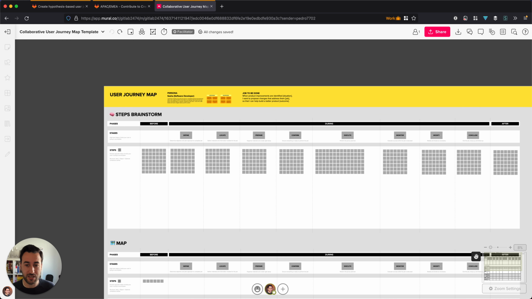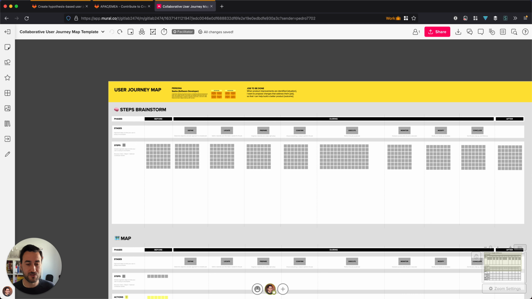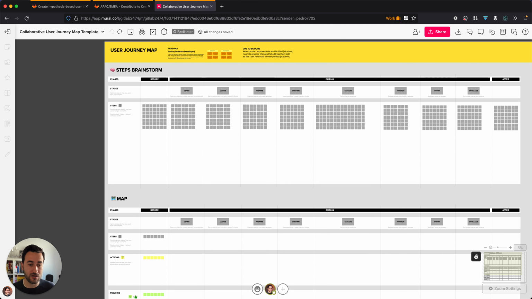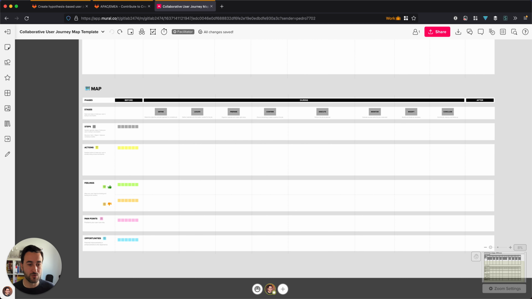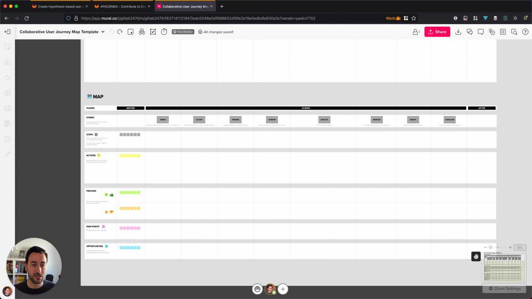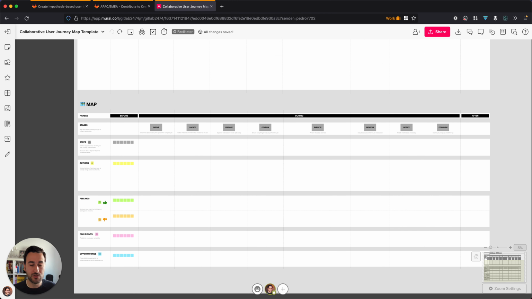So the first session, which is a synchronous session, will be around the steps, and then together we move the steps that we agreed on to the section below, the map section. This will be the final map, so to speak, where we now have more sections: actions, feelings, pain points, and opportunities. And working on the steps that we have agreed on above, you will have async individual work